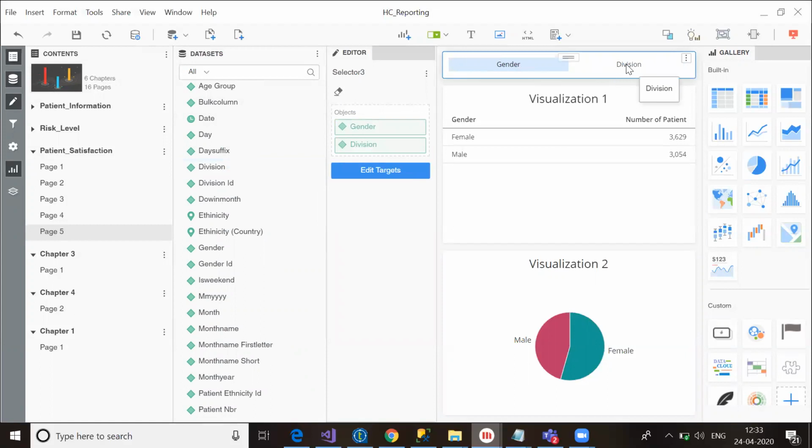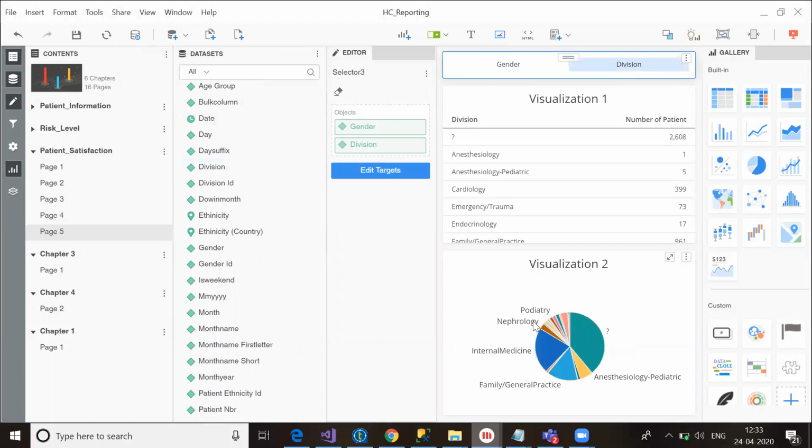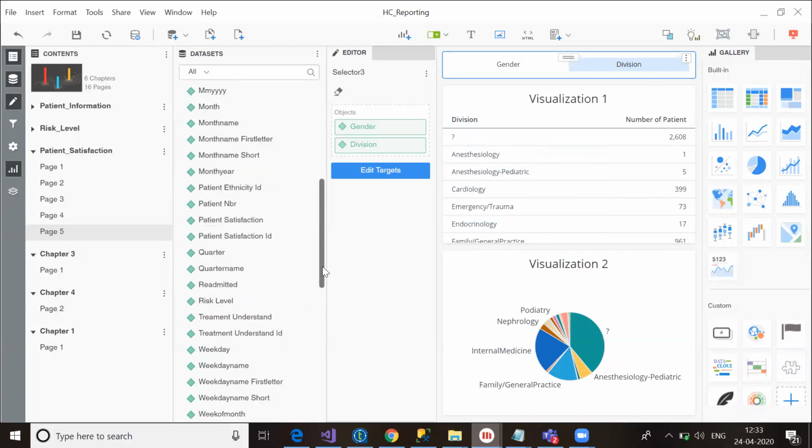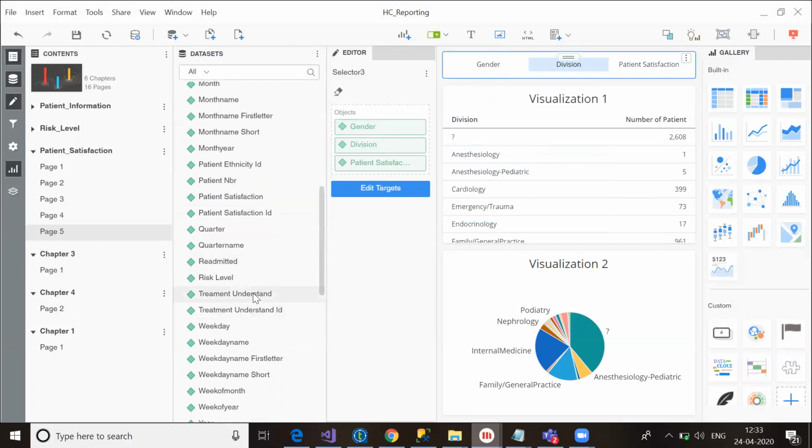Let's now see, if I click division, now both of my graphs are changing based on the attribute which I'm selecting. Now I'll take another attribute called, let's say, patient satisfaction, and another, let's say, called treatment understand.